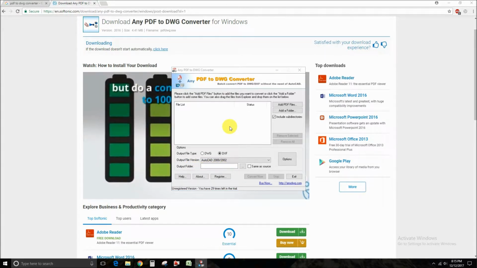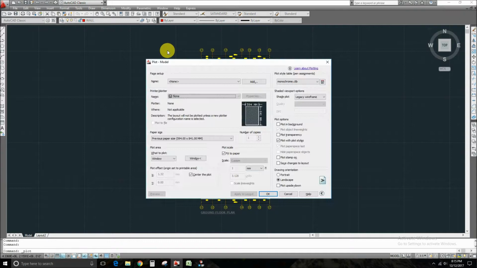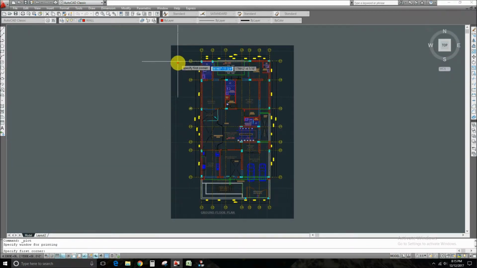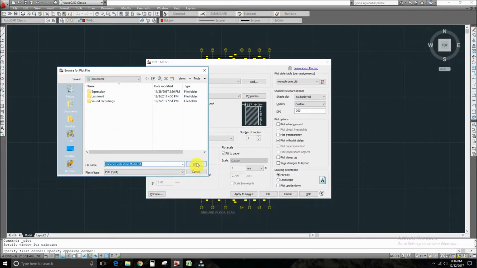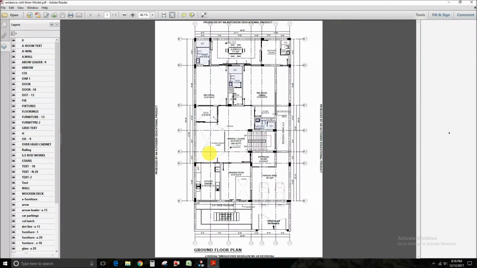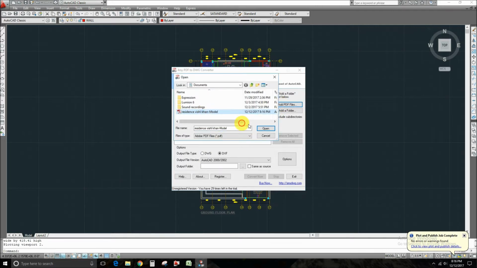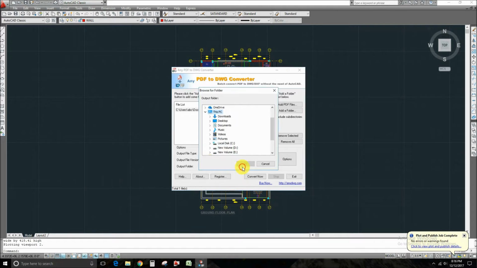Now what I'm going to do is take a plot of my file, and then we'll show you its output. So it has been saved. Okay, I want to save it as the AutoCAD 2007 version. Now what I'm going to do,